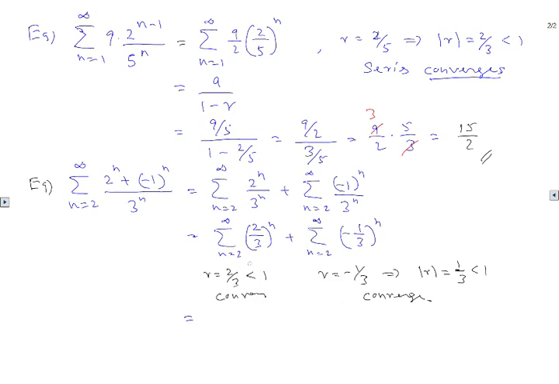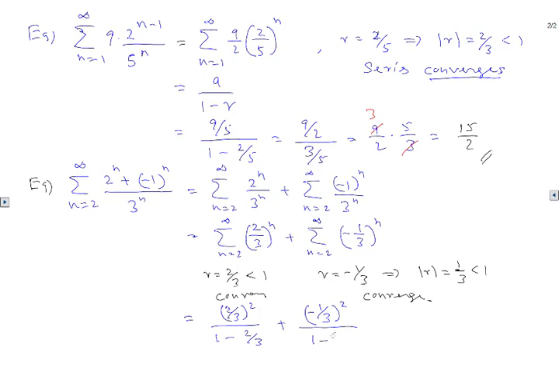You have to plug in the first index value. So first index is 2. So when you plug in 2, you have to square this. So you can write this one as 2/3 squared over 1 minus r, which is 2/3, plus here the other one is again negative 1/3, the same thing, you have to square that again,